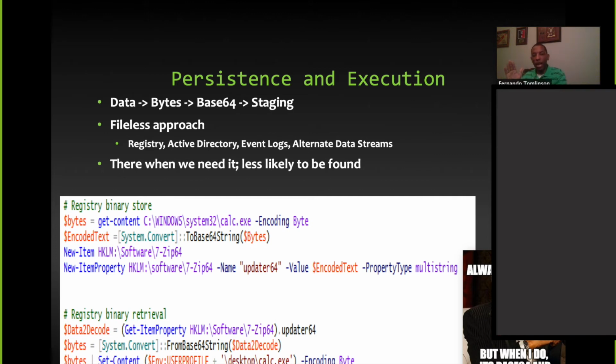And once I have those bytes, I'm then going to convert it to base 64 encoding. And once I have this base 64 encoding, I'm going to create a registry key that has a registry value. And for the registry value data, I'm going to feed it my base 64 string.